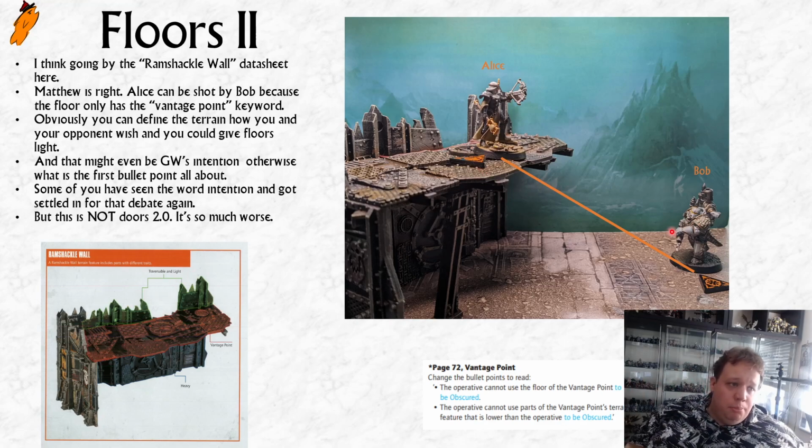In this example, Bob can shoot Alice. Bob can shoot Alice still, so nothing has changed, so you can all rest easy. No, you cannot rest easy. But for a moment, in this particular scenario, you can rest easy. Nothing has changed. Which begs the question,